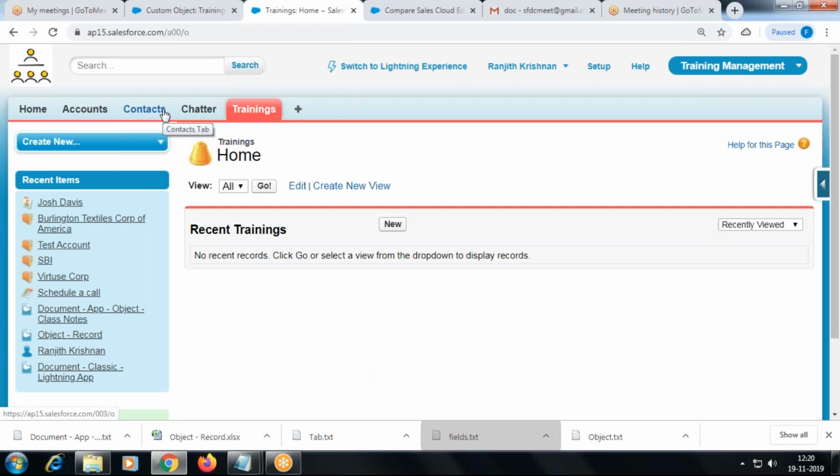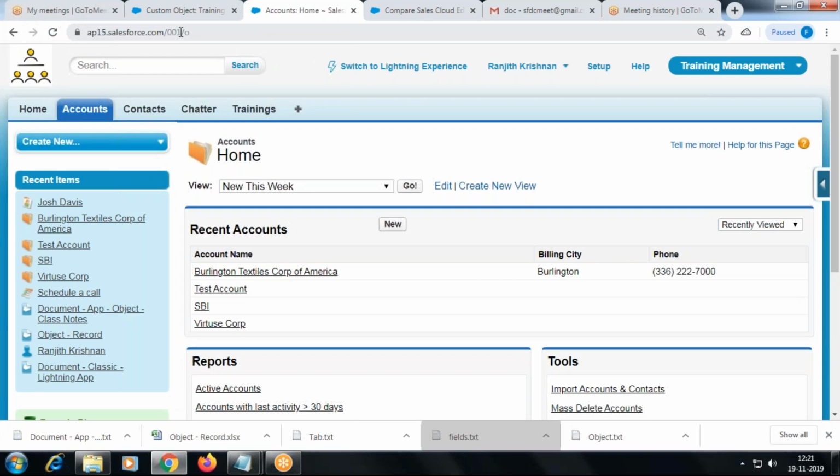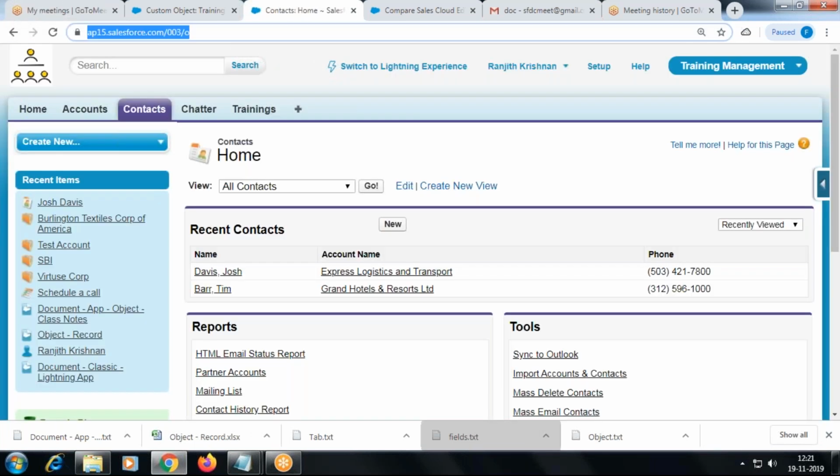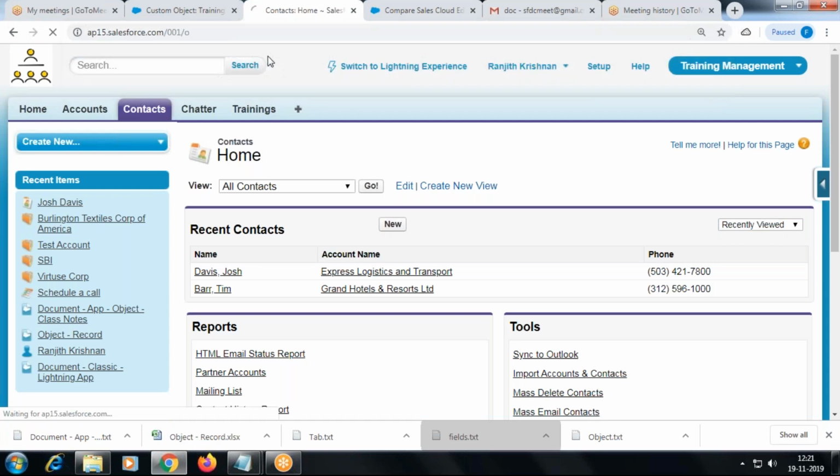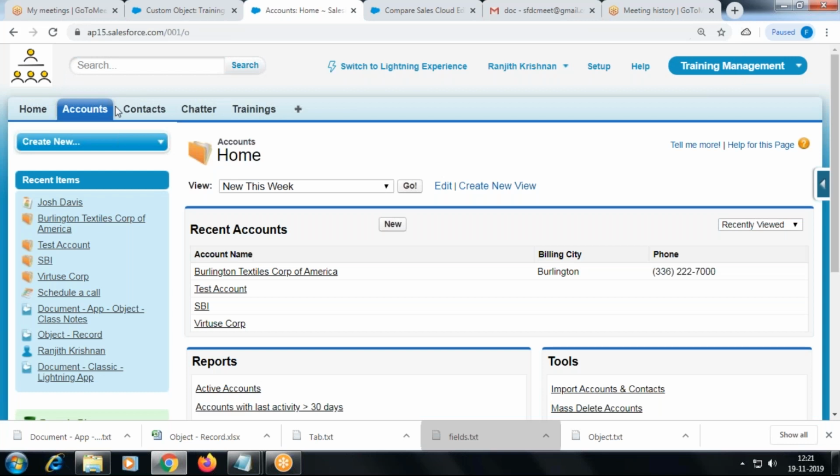Now, I haven't inserted any row here, but there are some three digits appearing, right? That is the entity ID. When I insert any row here, the first three digits will be the entity ID, A00, followed by another 15-digit alphanumeric ID. What about the account, 001, 003? If I replace that ID with 001 and hit enter, automatically Account is selected.